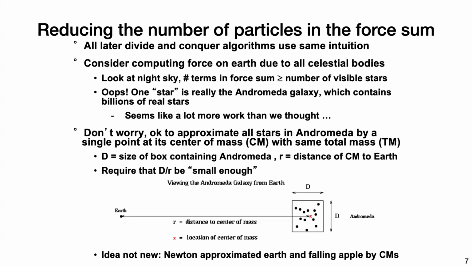But however, if you look at one star in the sky that actually corresponds to some other galaxy, and inside that other galaxy, there are many other stars or bodies that compute some interaction on the Earth. And so that is going to take a lot of time to do this exact computation. And the idea is that we want to compute all stars in some faraway point, like another galaxy, by a single point that approximates all the bodies in that other point, which is the center of mass and the total